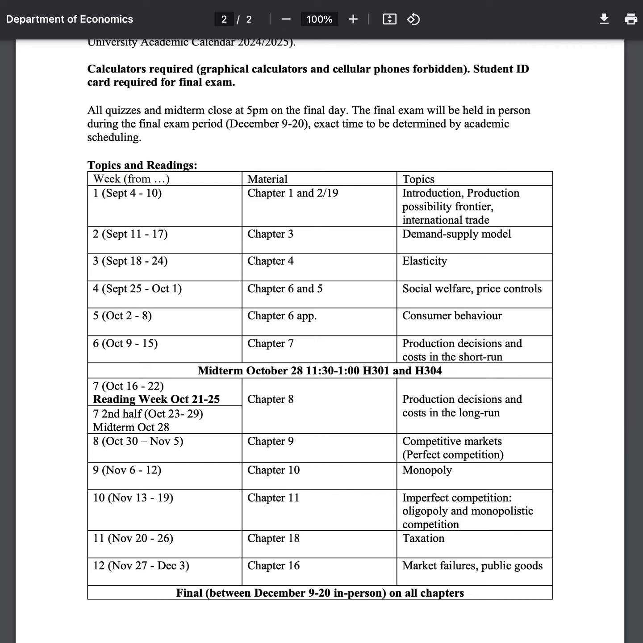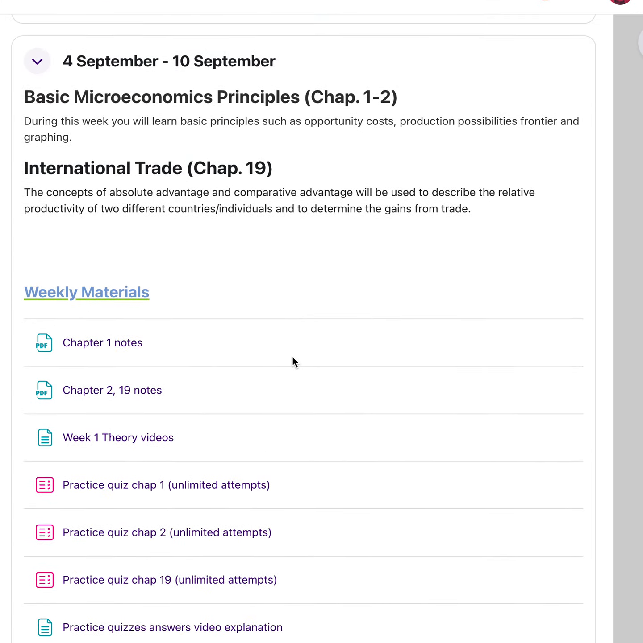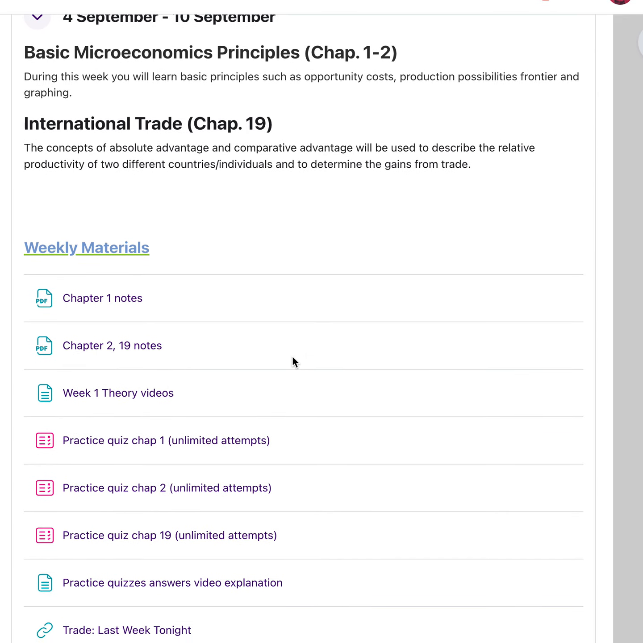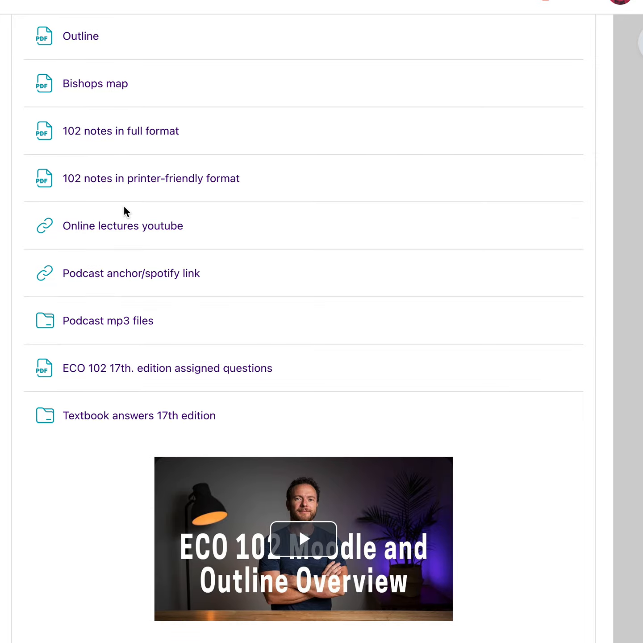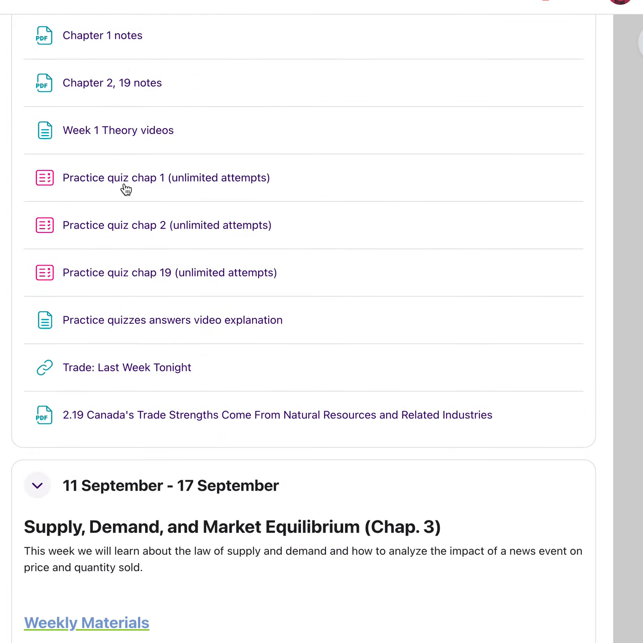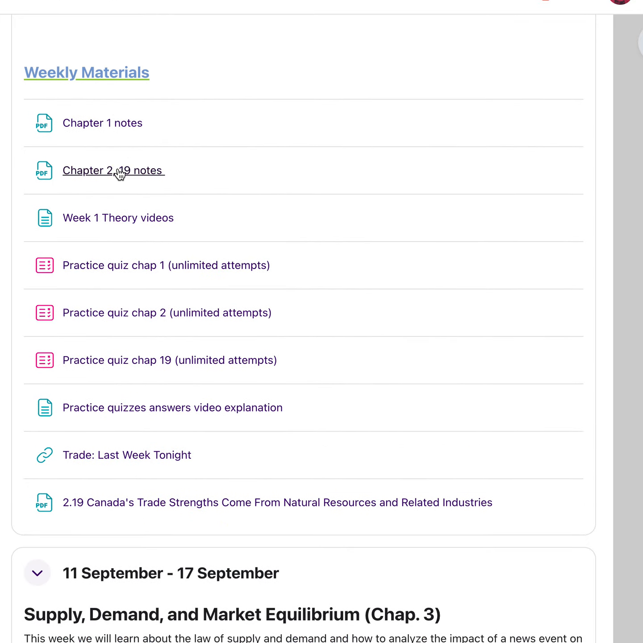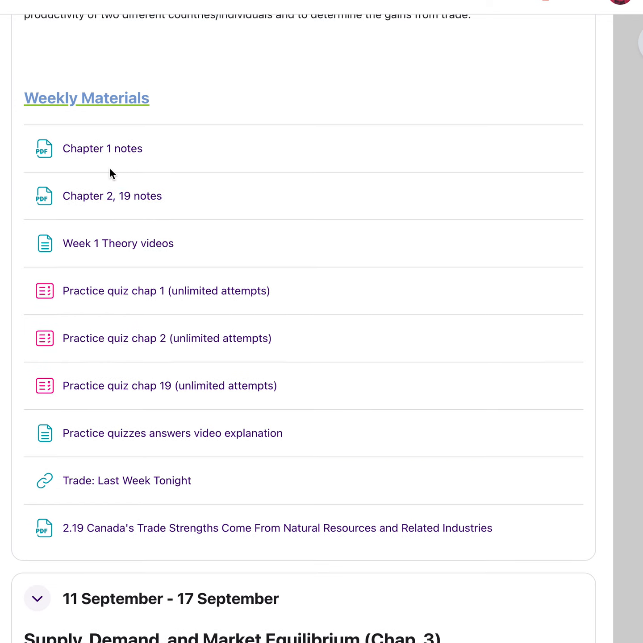Okay. Coming back to the outline. So every week, how does this work? These notes that you see are within that larger block that I had early on, the 102 notes in full format or printer-friendly format. It's just to say, well, these are the notes to be covered in that week. It's just a cutout of the larger document. These are the videos to be covered, which is again a cutout of the videos found on that YouTube link